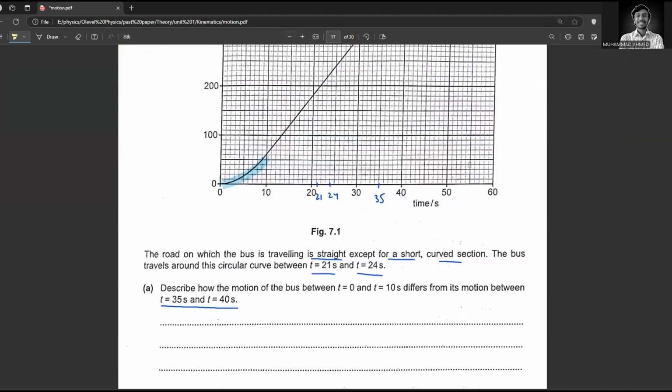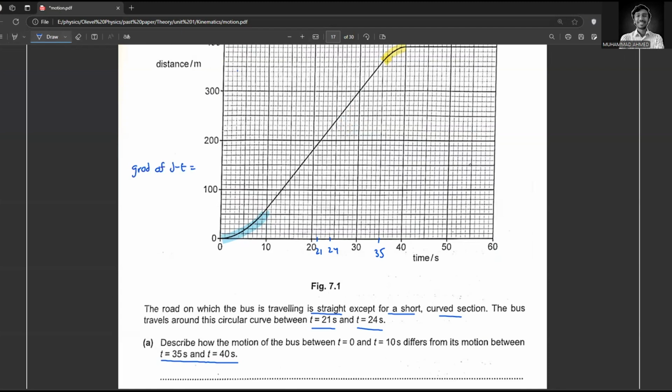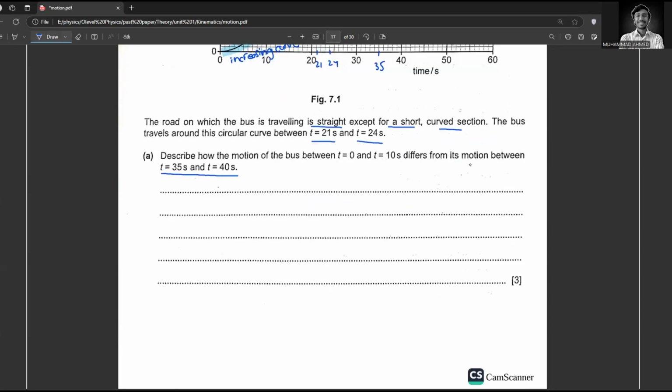Perfect. So, first of all, remember that the gradient of the distance-time graph is equal to speed. If you have an increasing curve from 0 to 10, that means what? Your speed is increasing. Because for an increasing curve, the gradient increases. As the gradient increases, the speed increases. So you can write here, from t equals 0 till 10 seconds, the gradient increases,